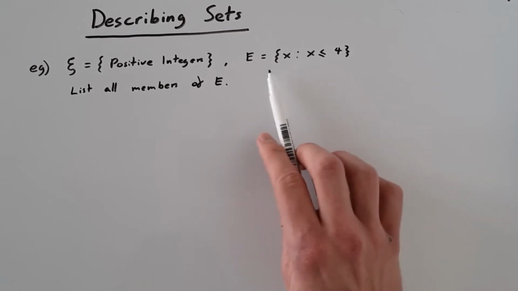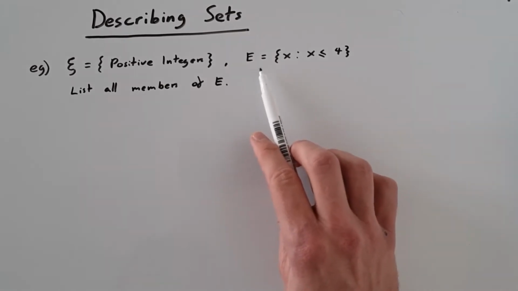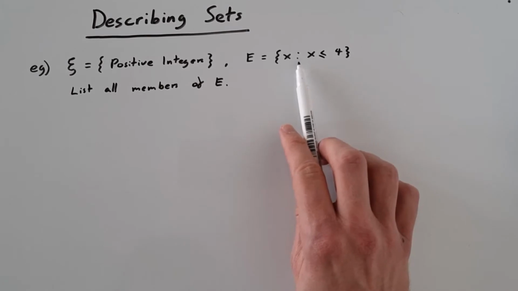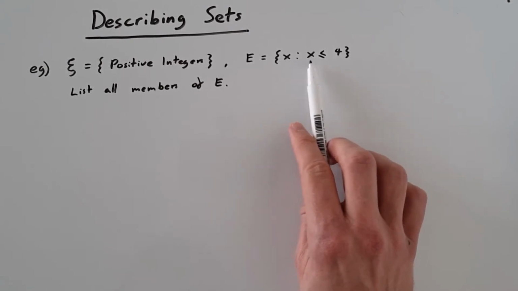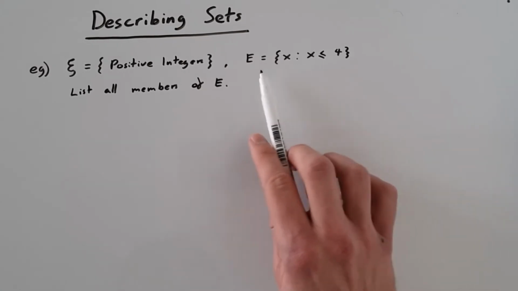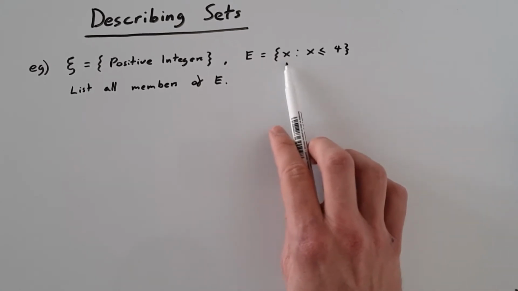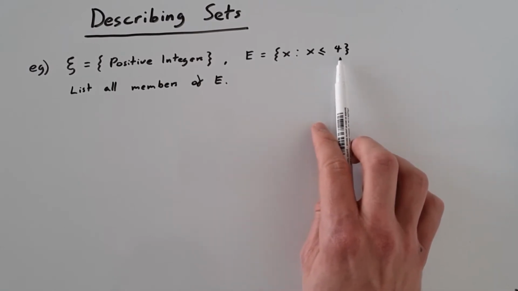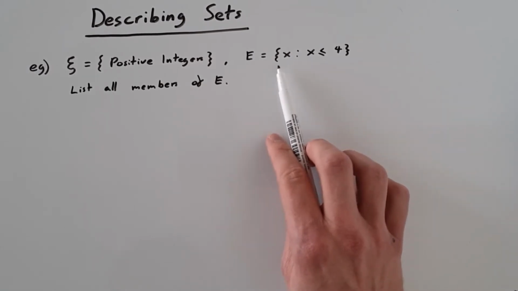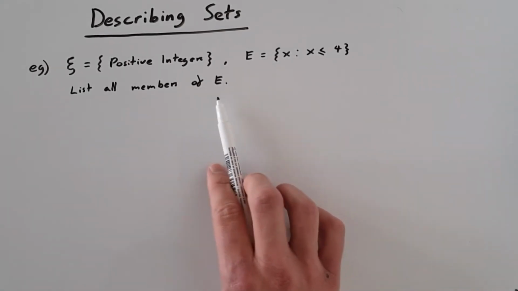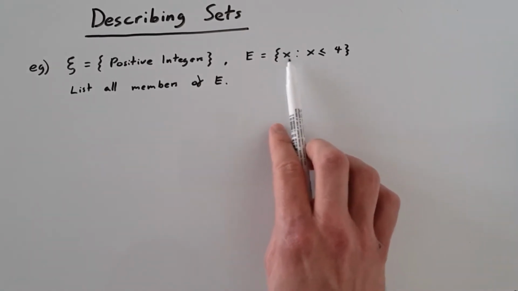And the way you'd read this is, E is a set of numbers, which we call X, such that, okay, this colon means such that, X is less than or equal to 4. So X stands for any number such that those numbers are less than or equal to 4. And this question asks us to list all the members of E, so all the numbers that X